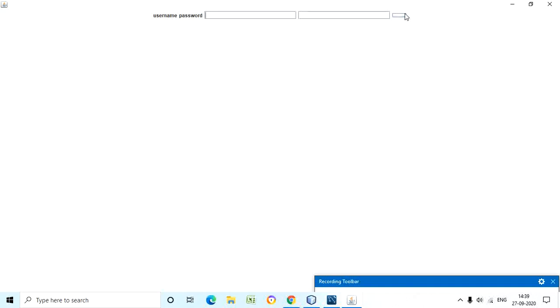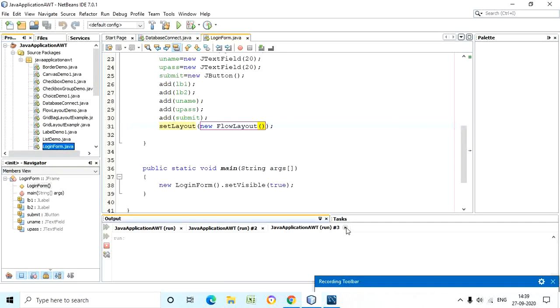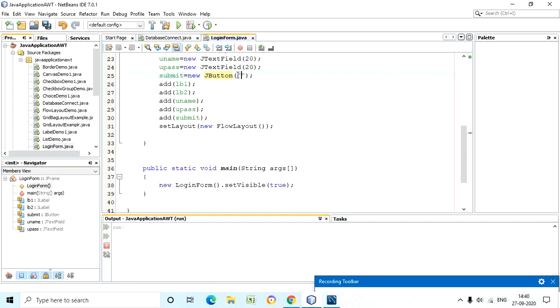Now there is no message showing at this button, right? And this run is also available. So to give a message, we have to write a message here. You can use a message called submit, or you can use a message called login.